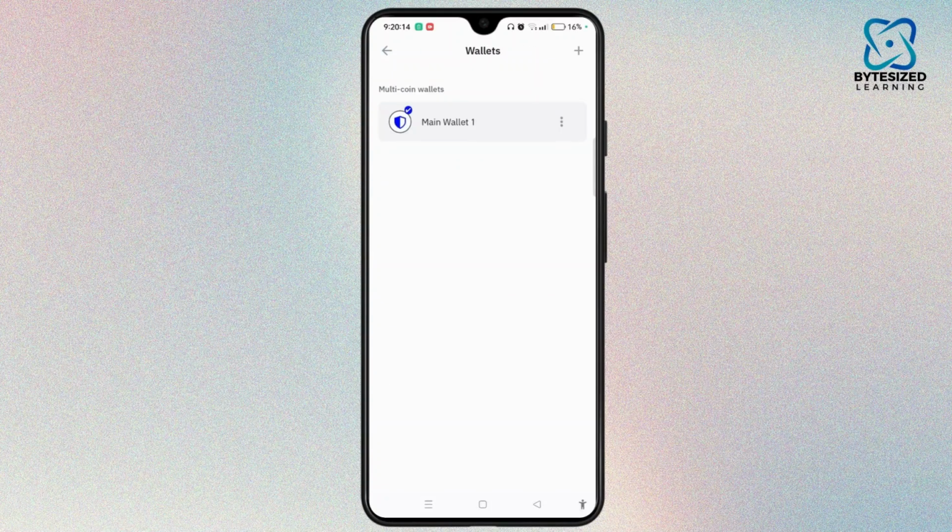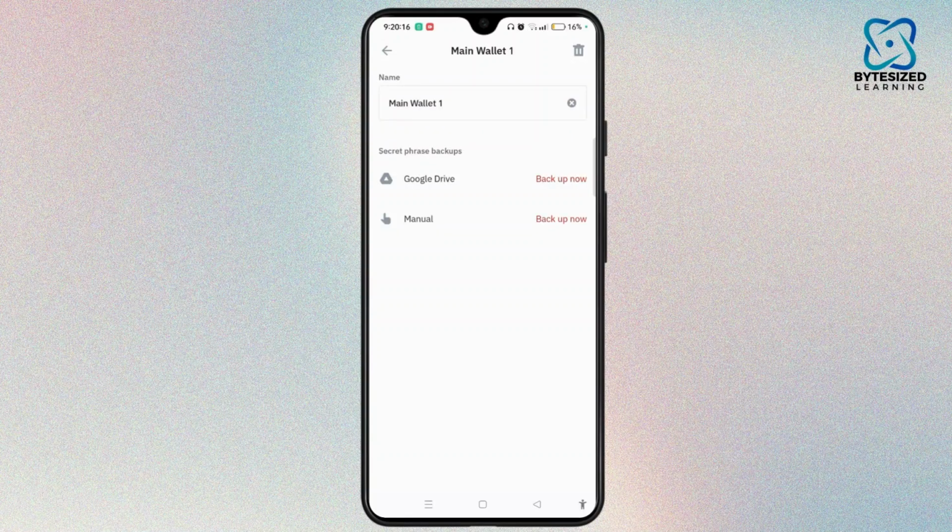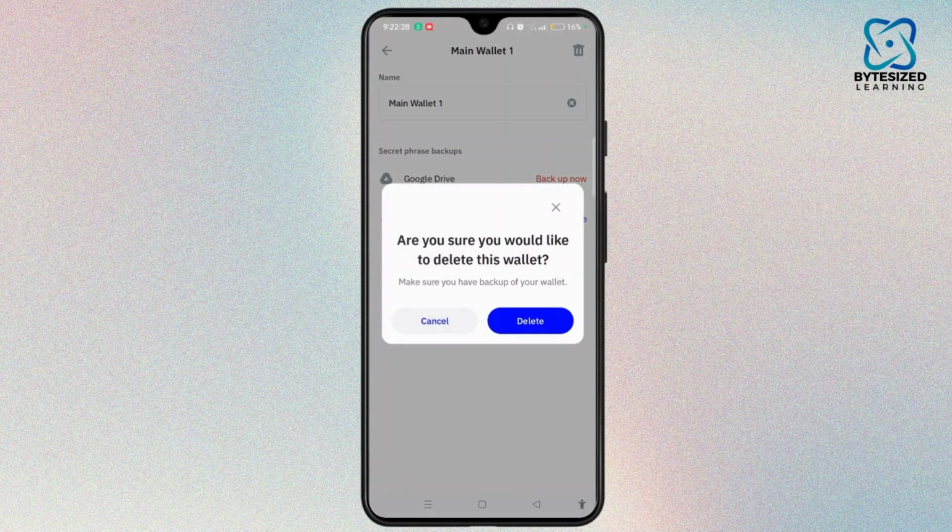Now tap three dots next to it. You will land on the section where you will see secret phrase backup. You need to make sure that you have backed up your recovery phrases before proceeding. Without this, you will lose access to your wallet and funds permanently. So first, let's backup. Now tap on the trash button at top right corner of your screen and to delete,